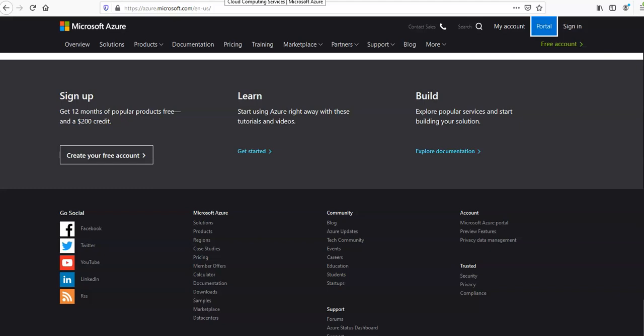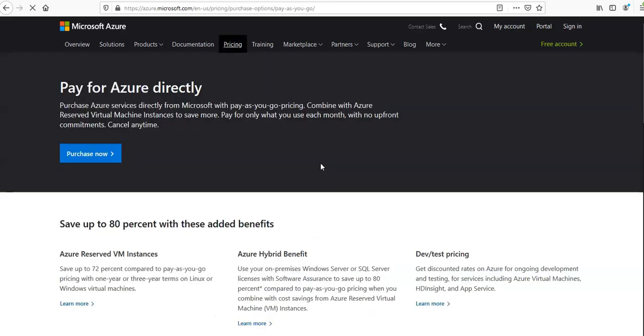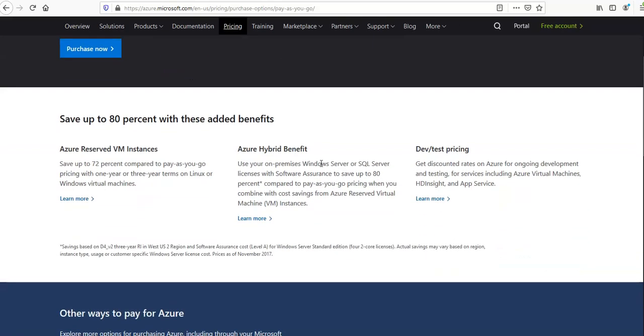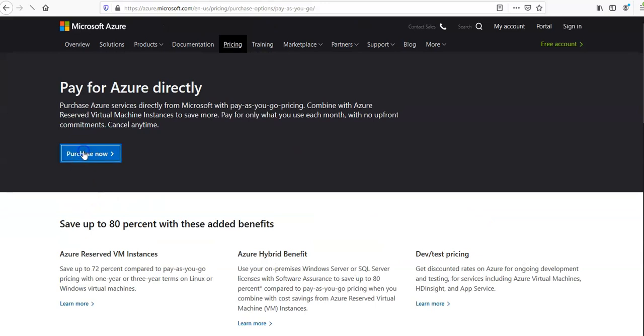But if you see the free account, if you click on create your free account, you can buy one. So let's say you click on buy now, it says pay for Azure directly, purchase now. These are your different options. If you say purchase now,